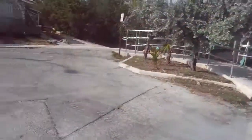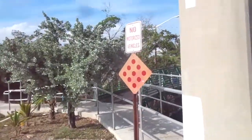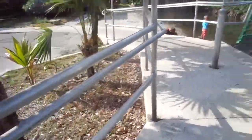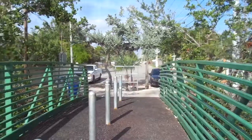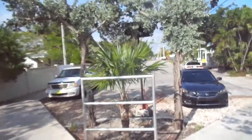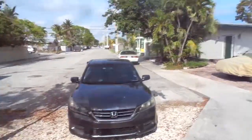See how this street here dead ends for motorized vehicles? There's a sign there saying no motorized vehicles. But pedestrians and bikes are allowed to pass through across this canal. And over to my right is Flagler Avenue, which